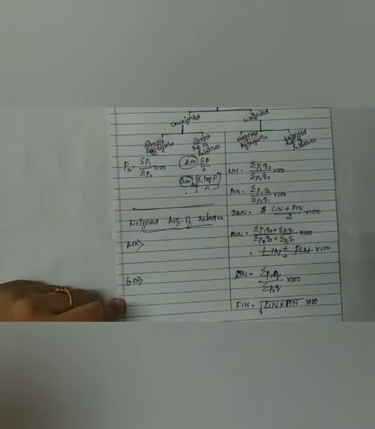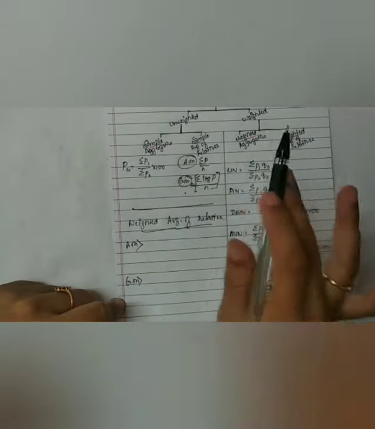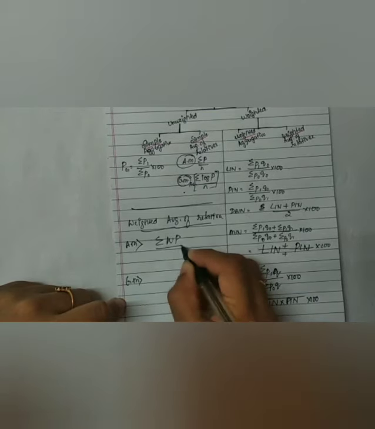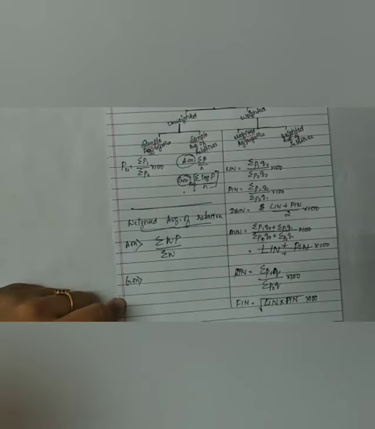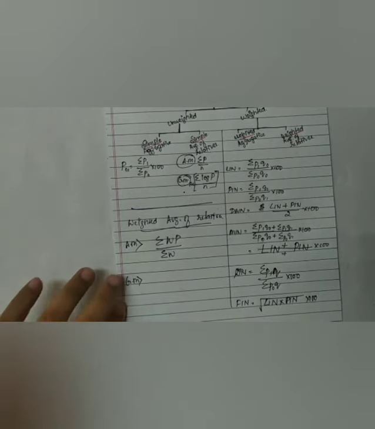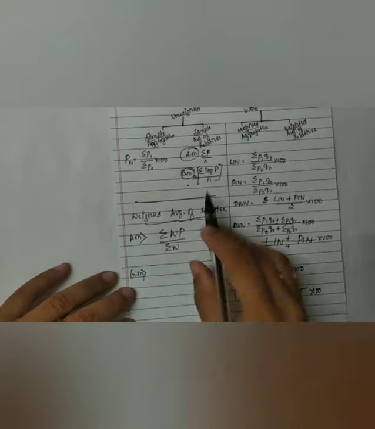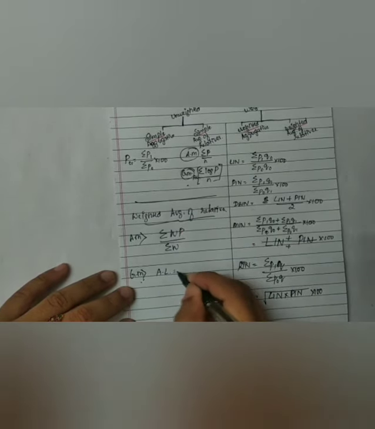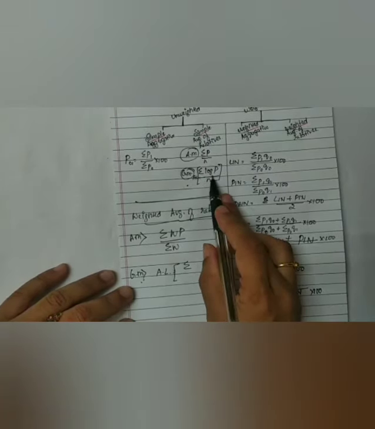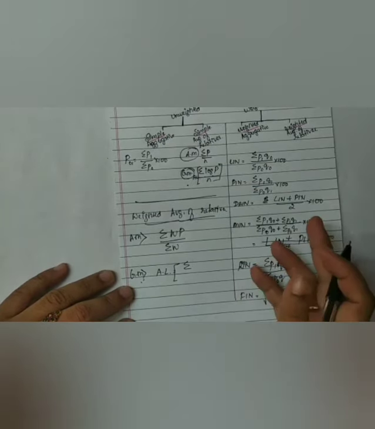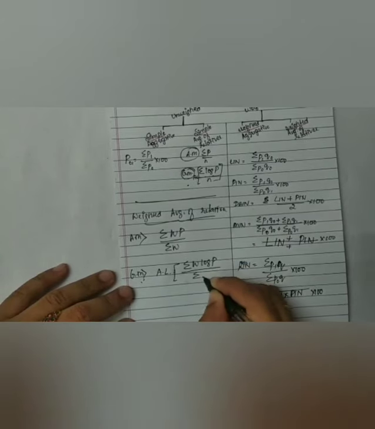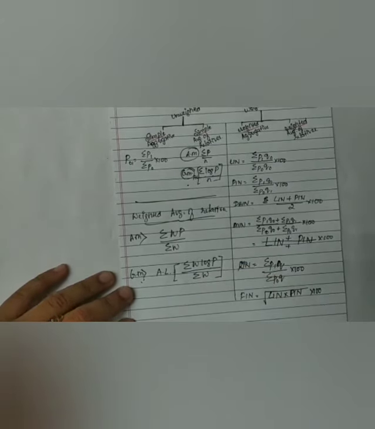When it comes to arithmetic mean, in simple there was no weight, isn't it? But here weight comes, that is summation WP divided by summation W. Next one is geometric mean. When it comes to geometric mean, same, but here weight will come, isn't it? So antilog of summation, here it was just log P, now it will be W log P, isn't it? Yes, W log P divided by summation W. That's it, with the